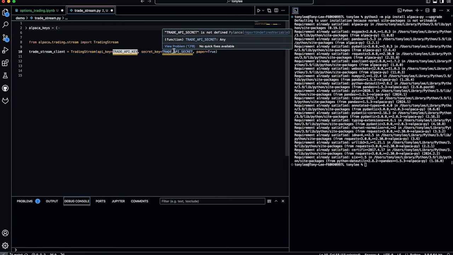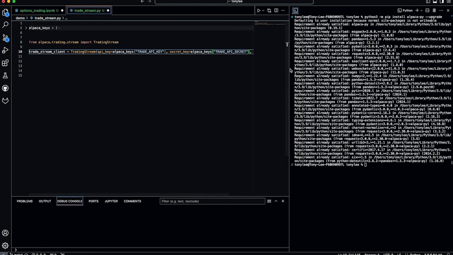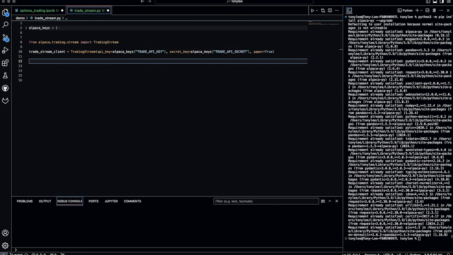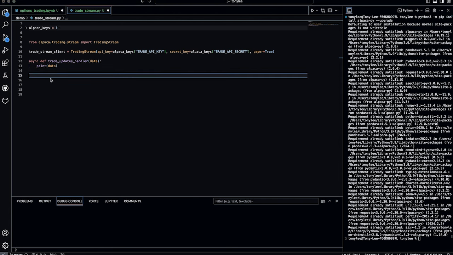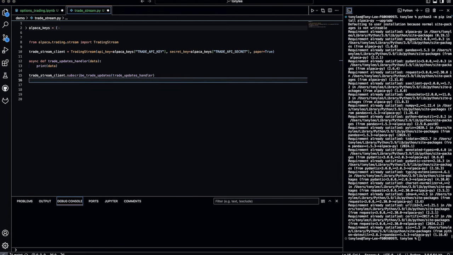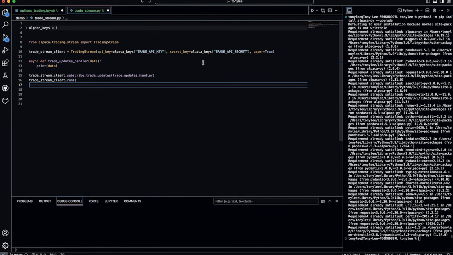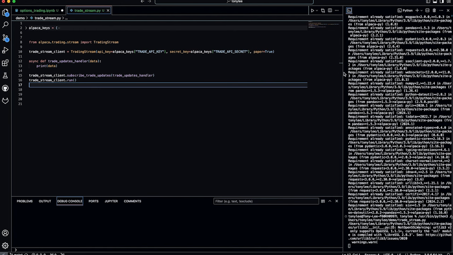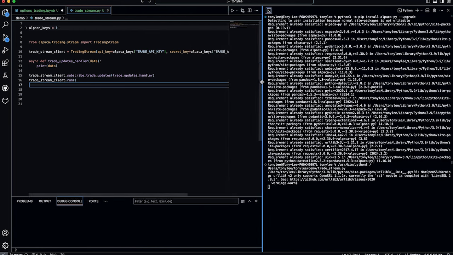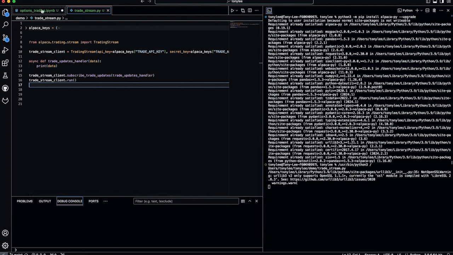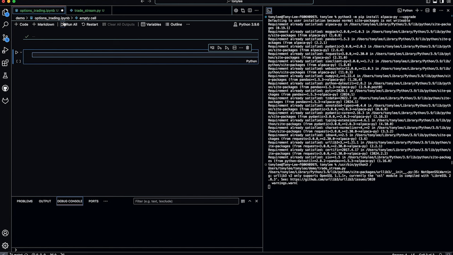Okay, so what I'll need to do is set up my secret keys there. Now I'm going to define the handler so that we can print to screen all of the trading activity that's happening, and then subscribe the handler, and then run the endpoint. If we just run that here, okay, so that is running, and as we conduct trades, you will see activity being printed to the terminal. Okay, so now let's get started with